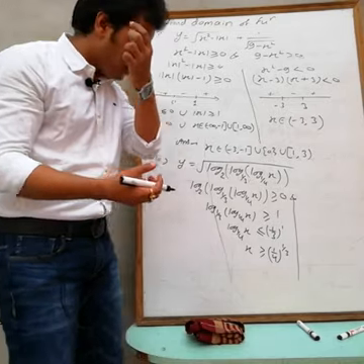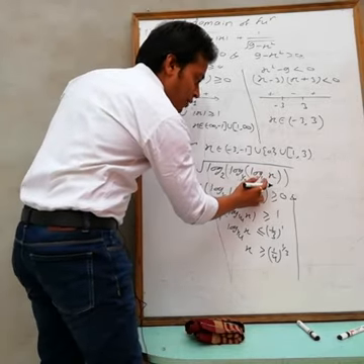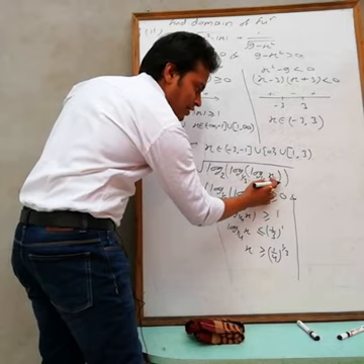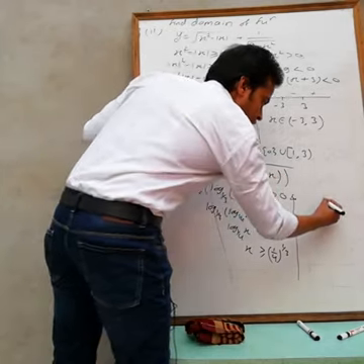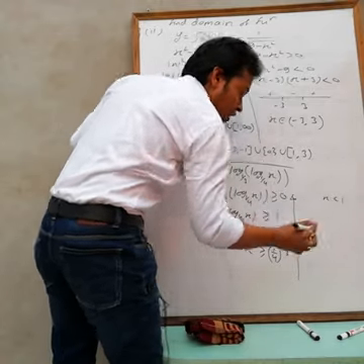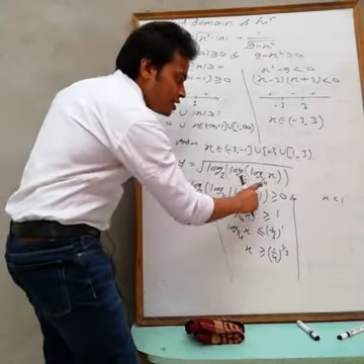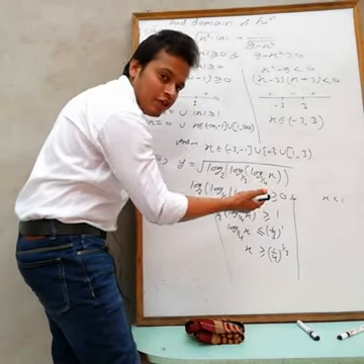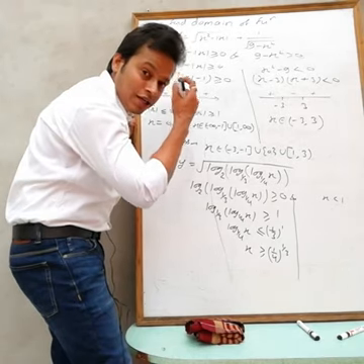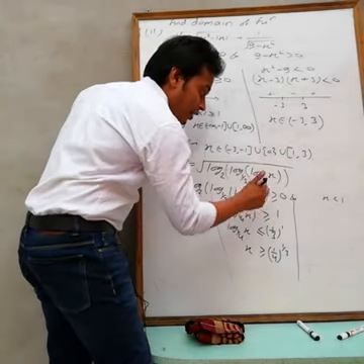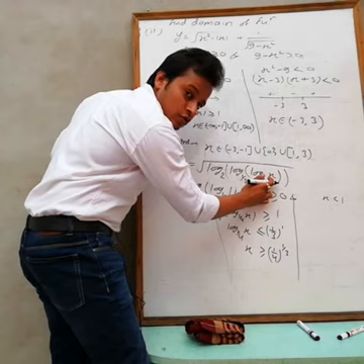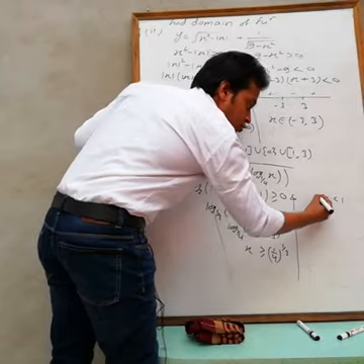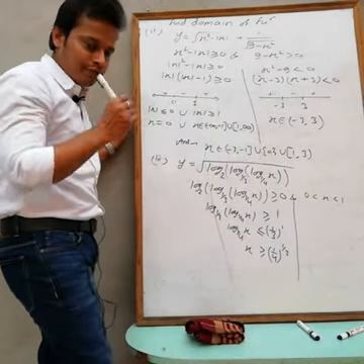If the base is greater than 1, then x must be greater than 1. Like this one: the base is less than 1 and I want this to be positive, so x must also be less than 1. Again, it can't be equal to 1, because if this becomes 1, then the total becomes 0, and log 0 is not defined. So you can't take x equal to 1. X is less than 1, and also you can't take x less than 0, because then this log is not defined. So x is between 0 and 1.